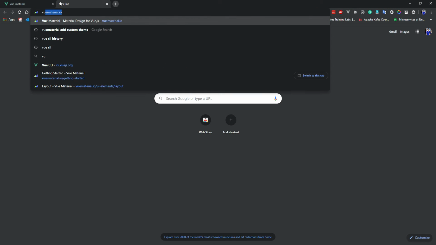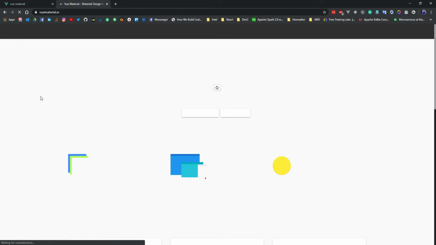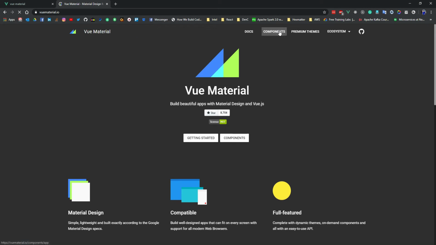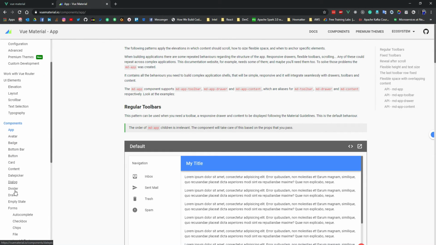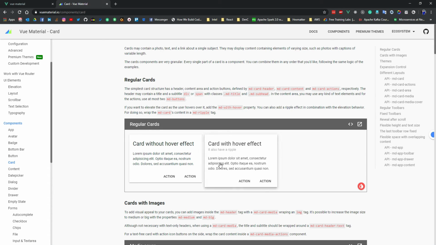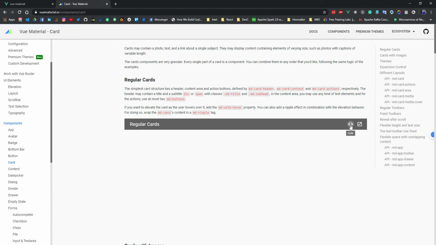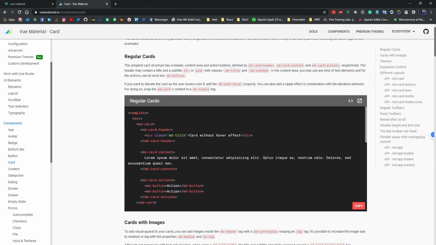After that, I'm going to share with you the official documentation of vuematerial.io. Then you can find all the components defined in Material UI, which is configured for Vue. For now, I will show you how to add a card layout here.